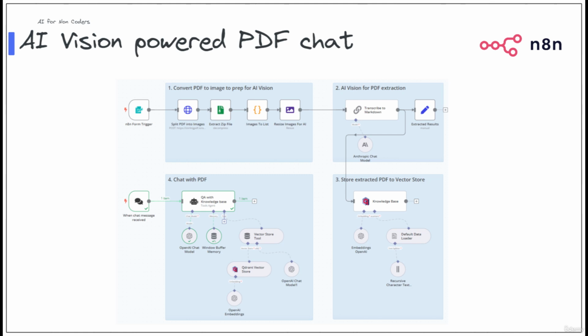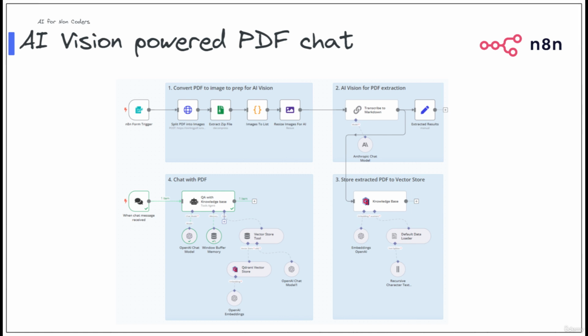In this video, we're going to build a full end-to-end AI vision-powered PDF chat application. Earlier in the course, we saw an example of AI vision usage with the Traveler Copilot project. Building on this powerful capability, AI vision is used in this project to take a complex PDF with tables and diagrams and extract the PDF data to a vector store with ultra-high data quality, much higher quality than traditional methods